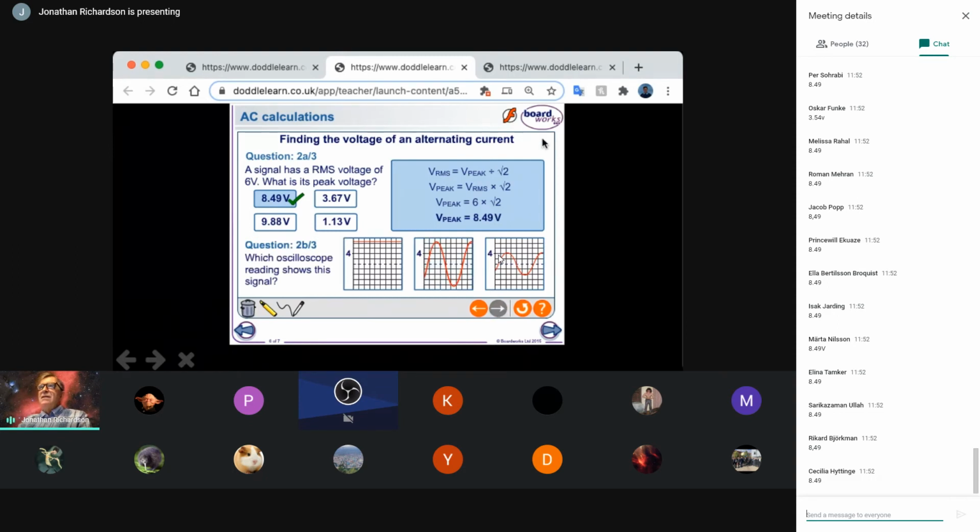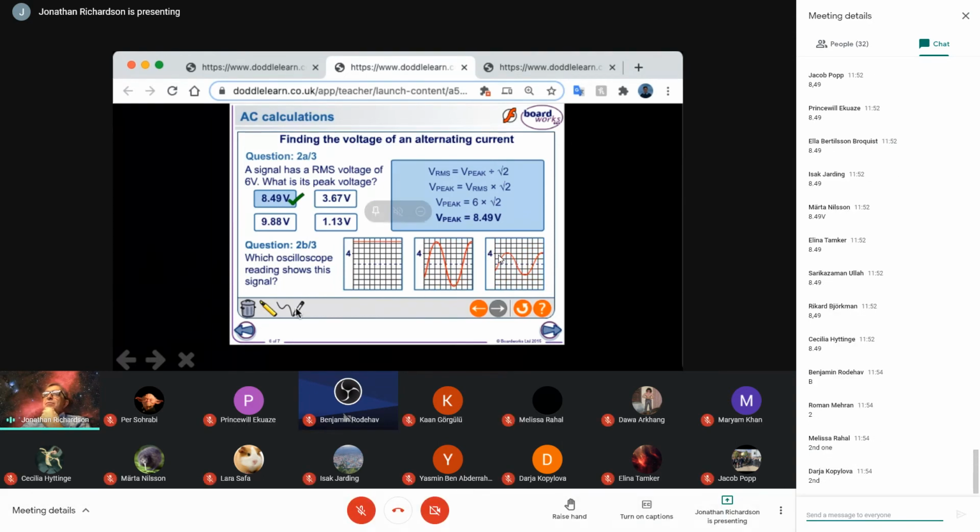yes, second part, which oscilloscope reading shows this signal? Again, look at the values. You started off with a value of 6. So here we've got 2, 4, 6, 8. 2, 4 volts. Peak to peak is 8. So which will be the correct